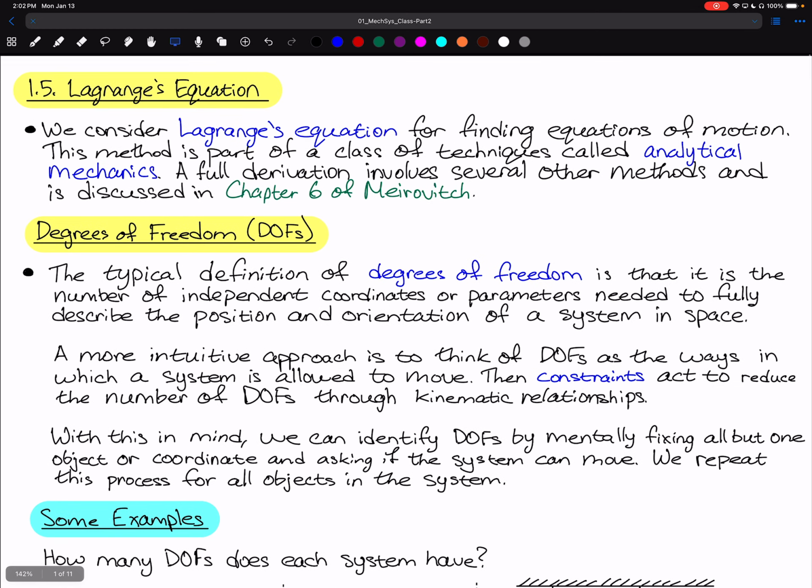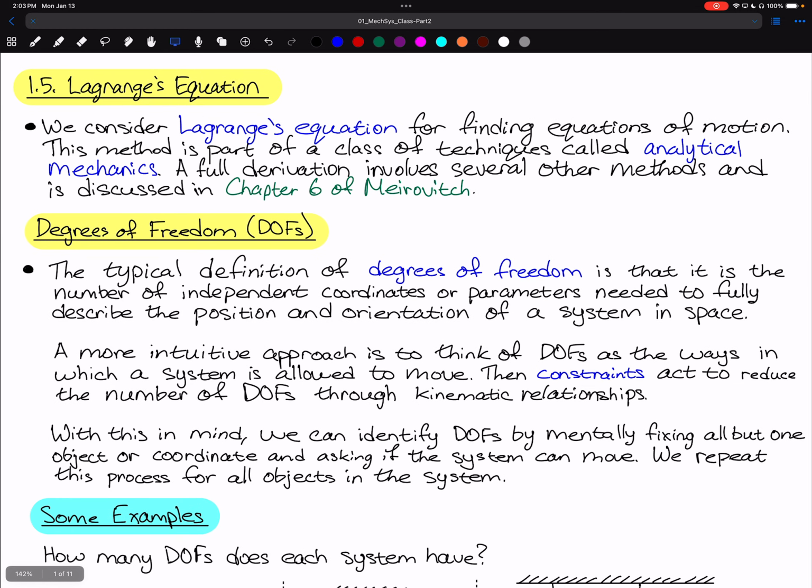Okay, so we're going to start section 1.5, Lagrange's equation. This is a method for finding equations of motion. It's part of a class of techniques called analytical mechanics. Newton's second law is all based on vectors, and we call that vectorial mechanics. What we're going to do today is based on scalar quantities, such as energy, and it's called analytical